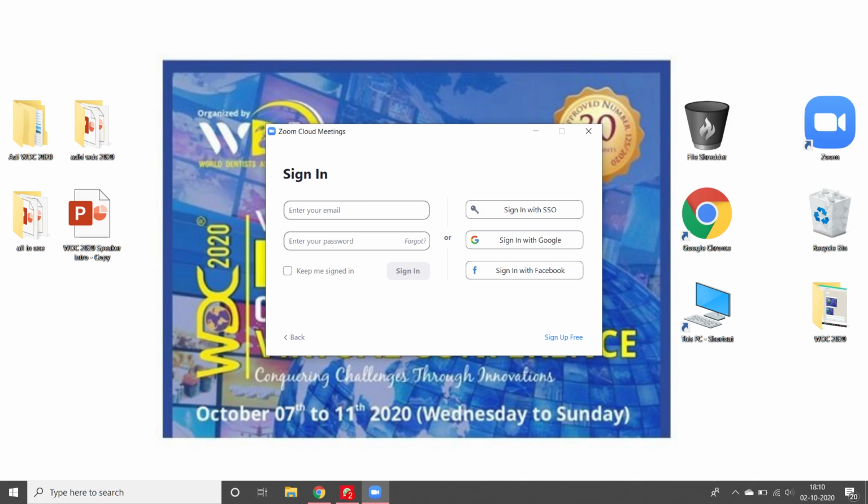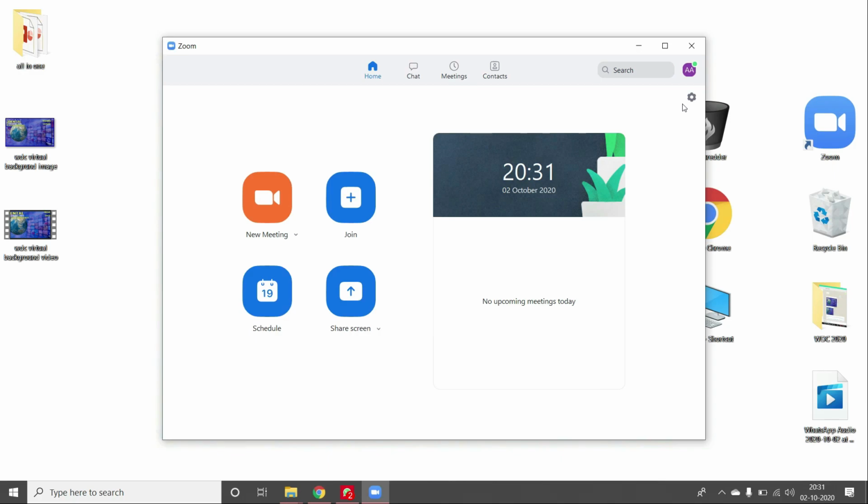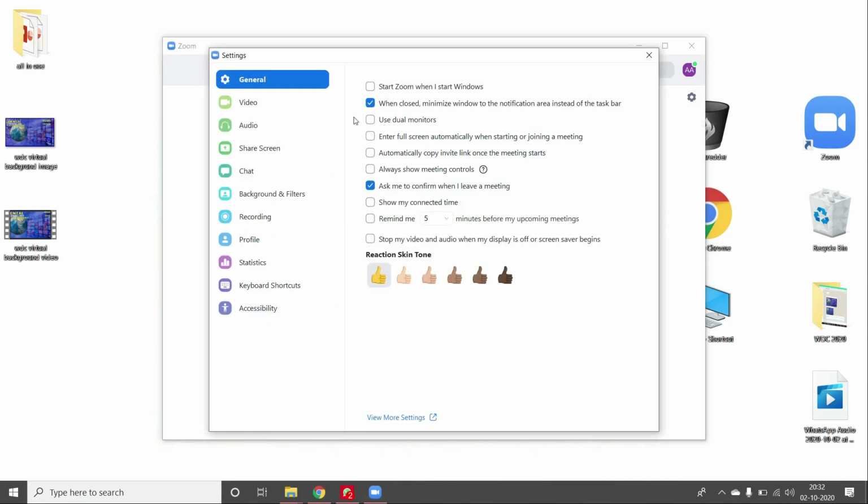Once this download is done, you need to open your Zoom app on the laptop. Sign in. Once you sign in, you will reach a page of the Zoom app. Go to home and you will see the home page like this. On this page, you can find the settings symbol on the top right corner. Click it. A settings page will open and you can see the various setting options. In that, select the background and filters option.